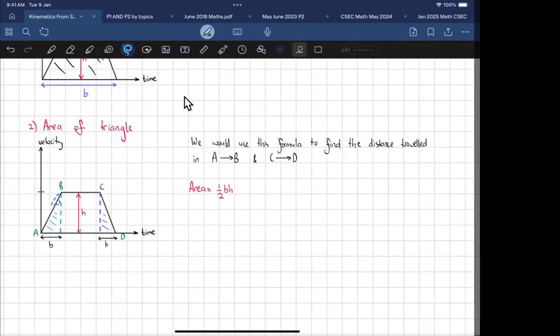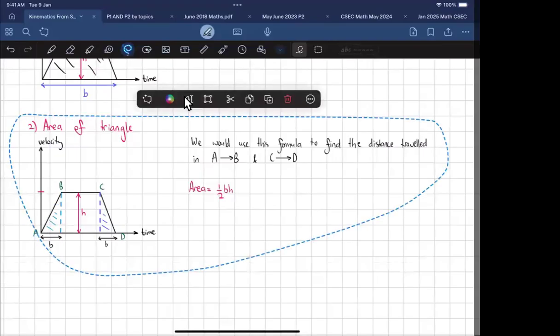Keely, you haven't copied down? Yeah. Okay, great. All right, and the last one is